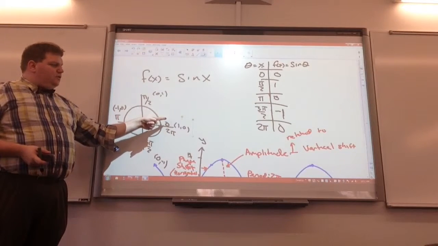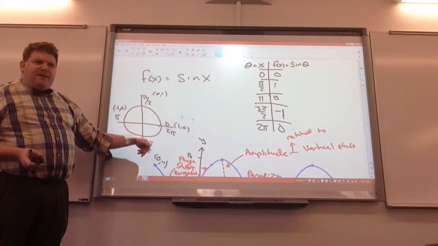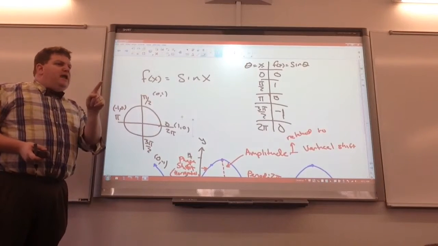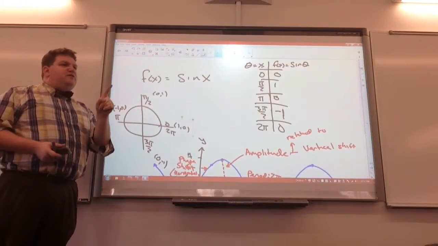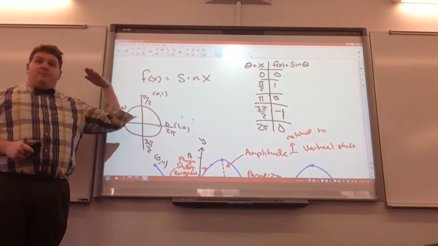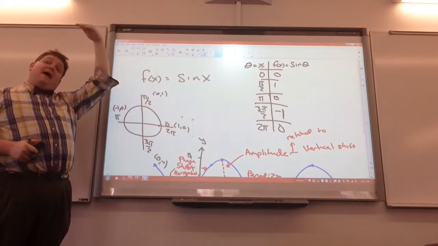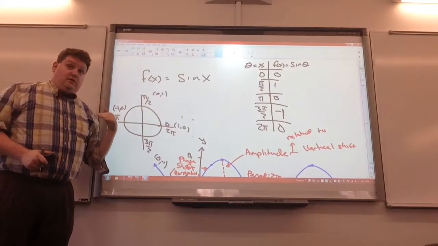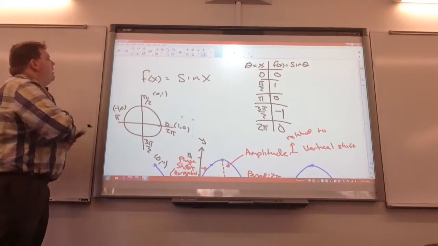So it's going to do the same wavy picture, but it's not going to be mirrored, it's going to start at a different spot, okay? Instead of starting at the baseline, it actually starts at a maximum or a minimum. That's where it's going to start, depending on how it's written. So,